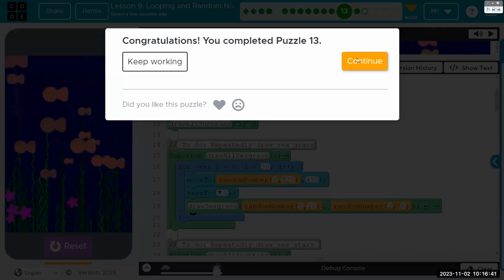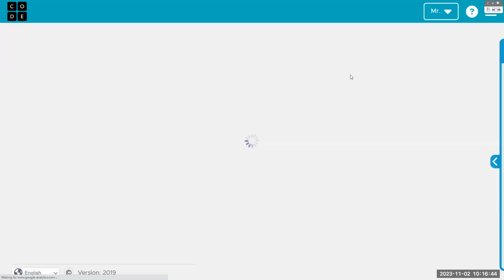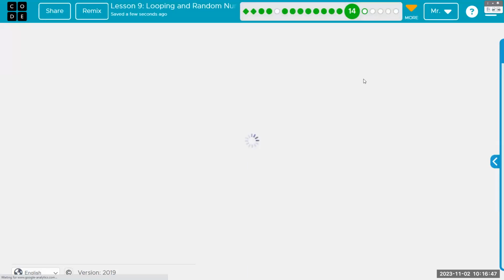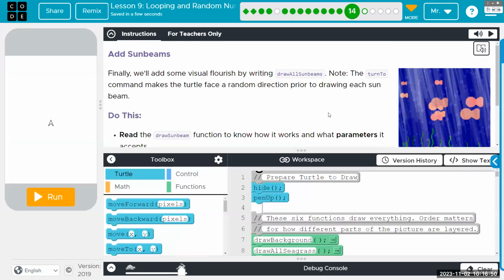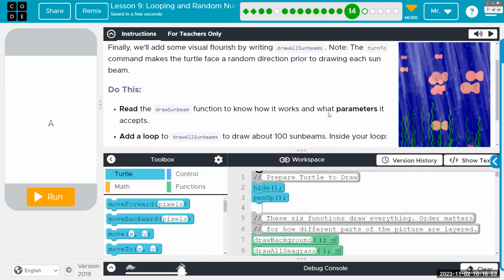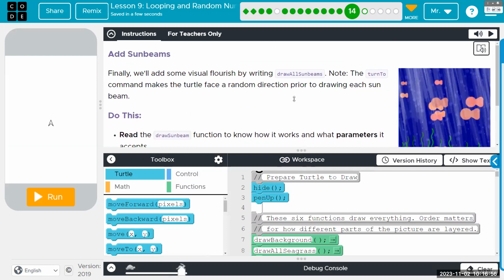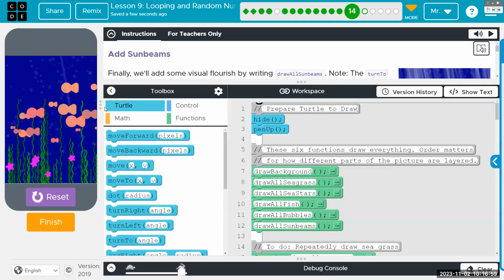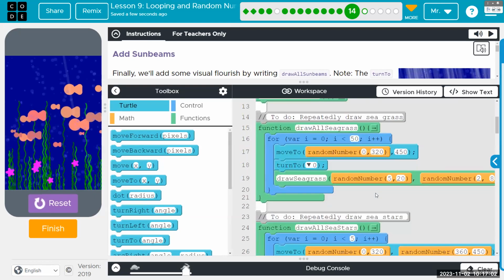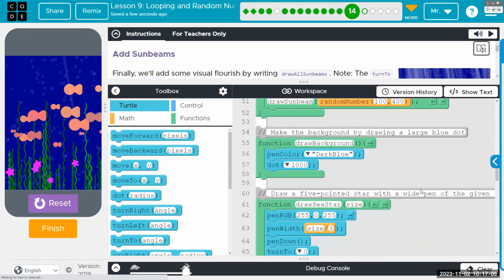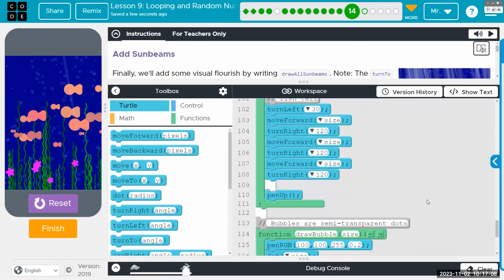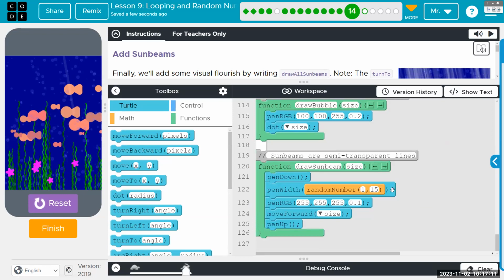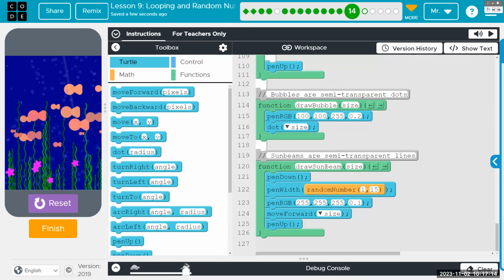Okay, let's go on to 14, which is kind of the last one, except for a do whatever you want one. Okie dokie. All right. Last one, draw sunbeams. The sunbeams have an interesting situation. Let's go look at the draw one sunbeam function, the lower level function, which is the last one on line 120. The draw sunbeam function receives a parameter named size, which is used to apply to the move forwardness. It is the length of the sunbeam.